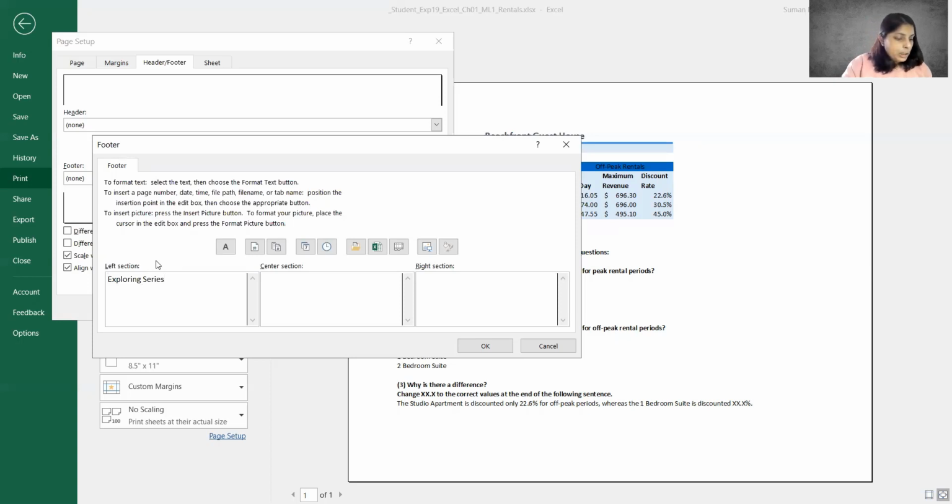Okay. The sheet name code in the center. So this is my sheet and this is my file, and this is where the path to where my file is located. Now these are all important. Say in the workplace you're working and you are out sick and somebody needs to find the file that you were working on.